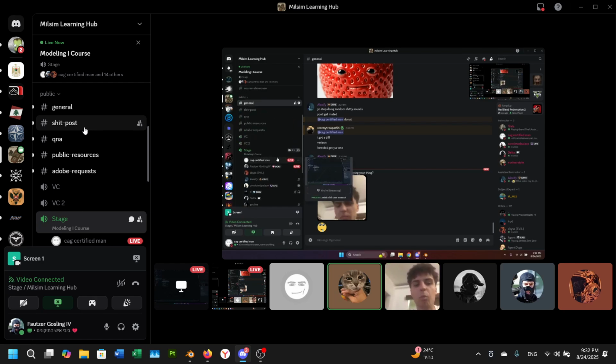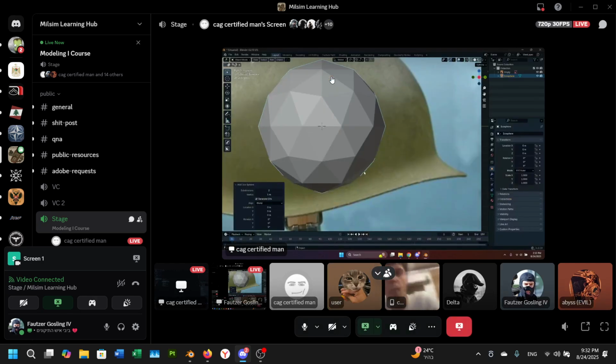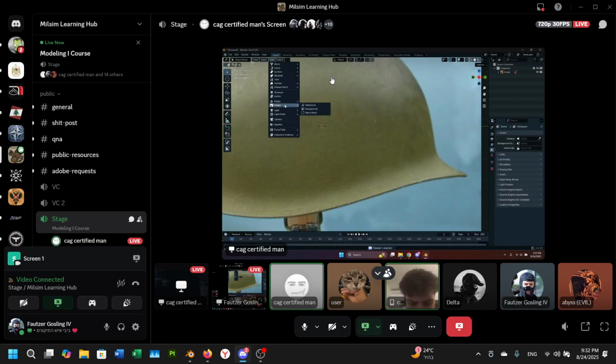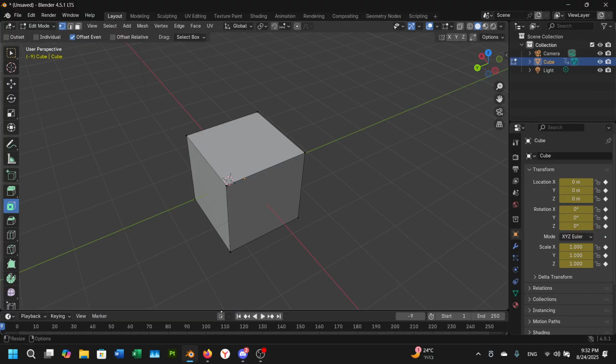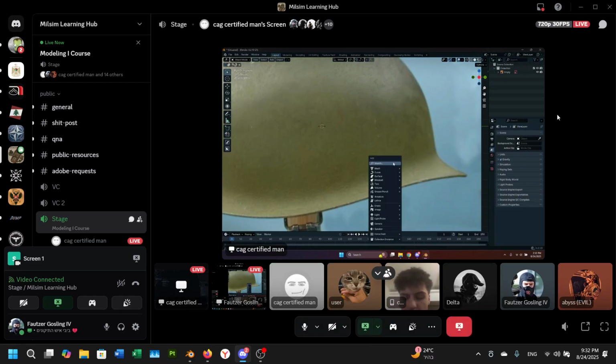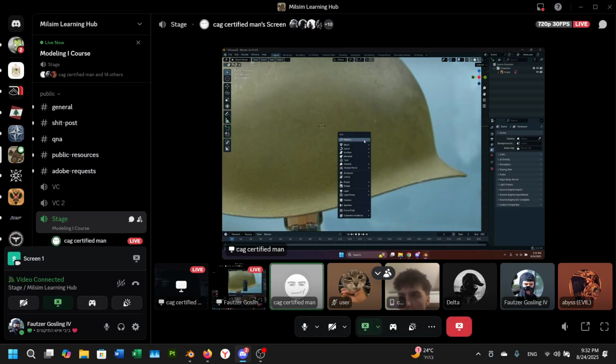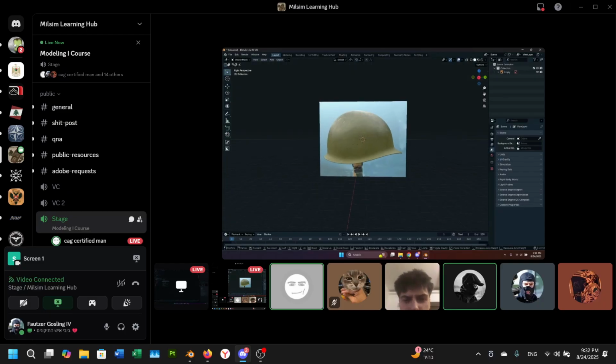How do you add an image again? Oh, so you press add image and reference. Yeah, you can do Shift A also. I'm not good with the keybinds, but